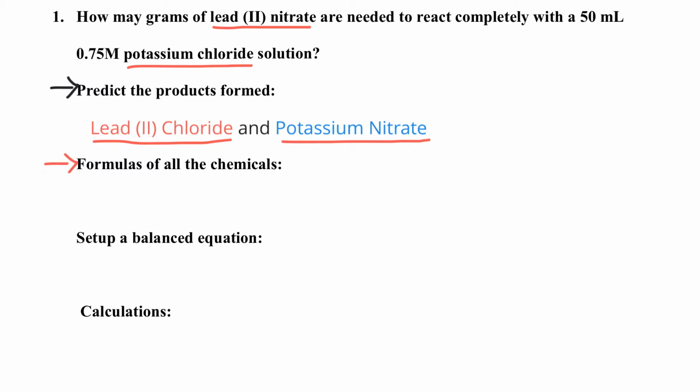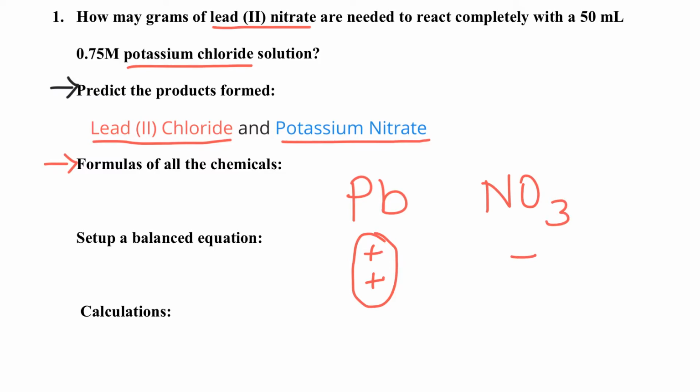So let's see. Lead(II) nitrate. We know lead is Pb, and you see there's a Roman numeral 2. This Roman numeral 2 means that you have 2 positives, and nitrate is NO3, which from the list of your polyatomic ions you should know is 1 negative. In order to balance these charges out, you will need 1 more negative, which should give you the formula of